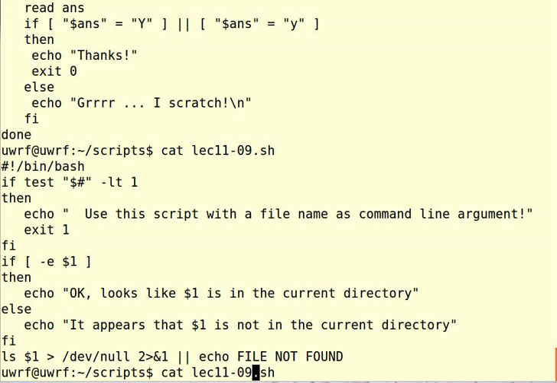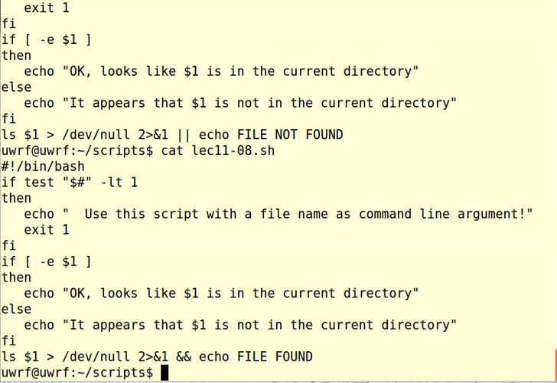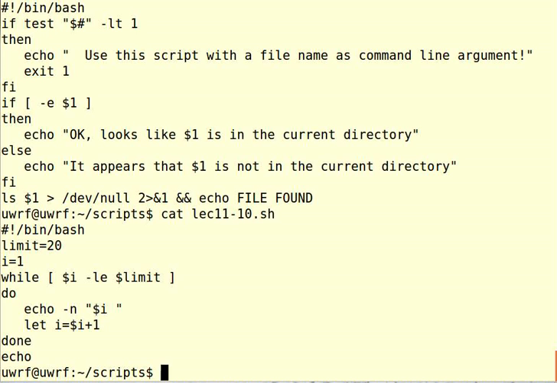Compare this with lec11-09, I believe. Oops, sorry, wrong one. Was it 8? No, I'm not lucky this time. 10. Oh yeah, 10. So compare lec11-06 with lec11-10.sh. Okay, and then you'll be able to figure out what we were missing in the 6.sh file. Alright, so back to our